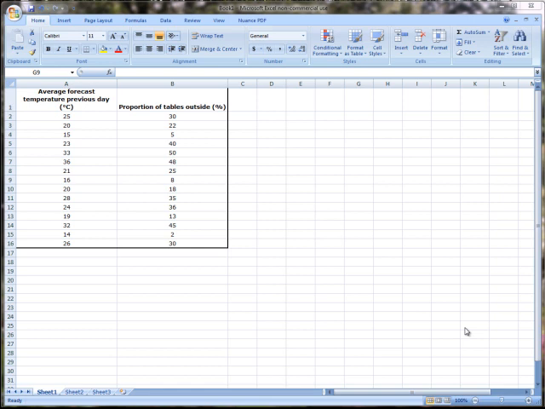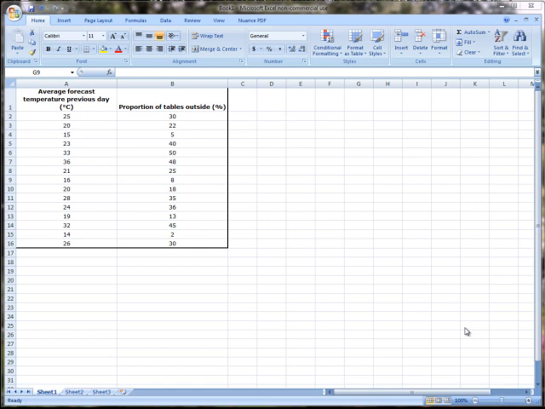as days of the week, time of year, and special activities in the city. Since his restaurant requires bookings to get a table, this does not need to be predicted. However, he believes that the proportion of tables he needs to set up outside relates directly to the temperature for the day. And so what he's done, he's collected some data over a sample period of 15 days, and the